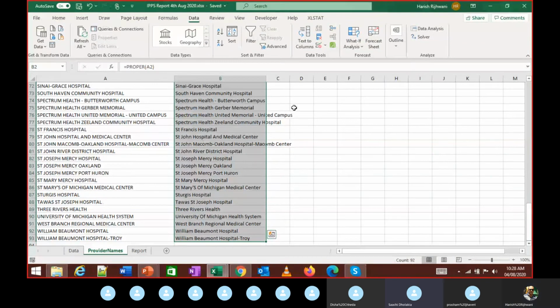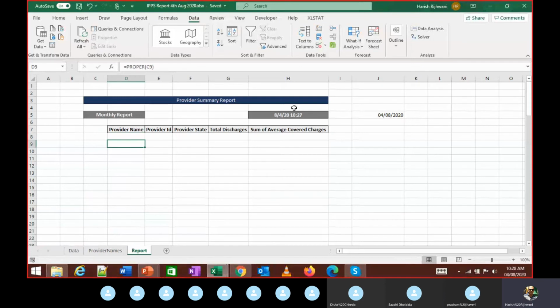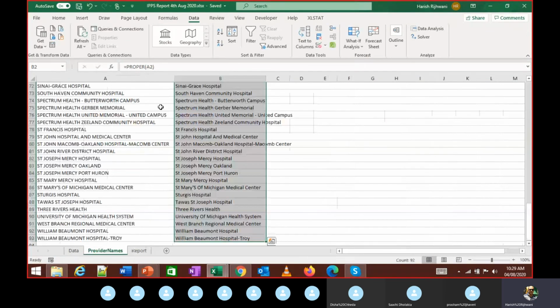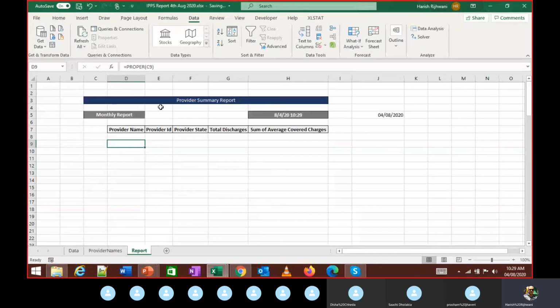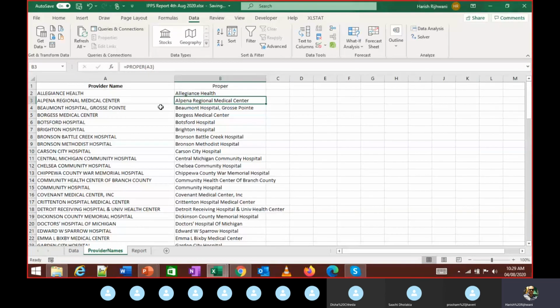But it's not yet getting pasted in the provider's name. Yes, there is a reason why that's not getting pasted. You will notice when you paste it, you still see the formula. Whatever you pasted, you still see the formula over here. You will still see these values proper. Since there is a formula in this sheet, this formula is taking the value in the cell before it. Whenever I have pasted this proper function, it is taking the value in the cell before it. But that doesn't give me the data. So it's actually searching for these values over there.